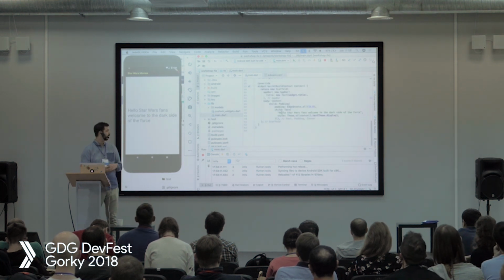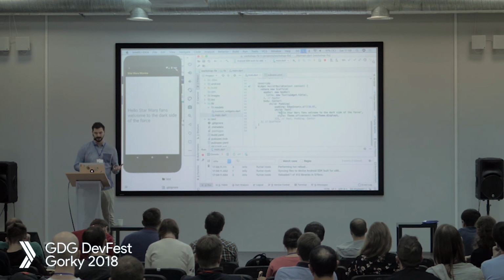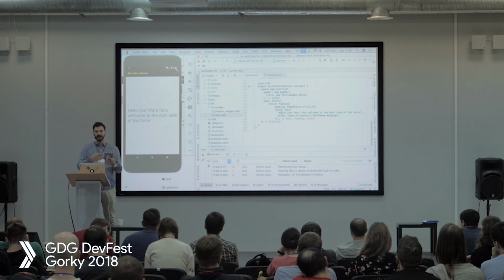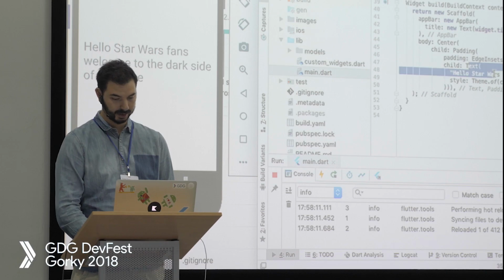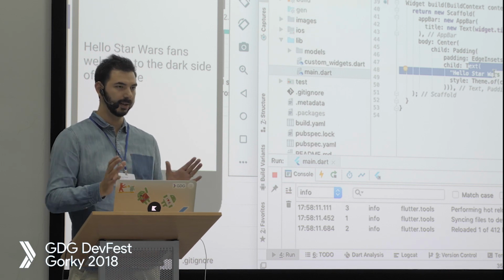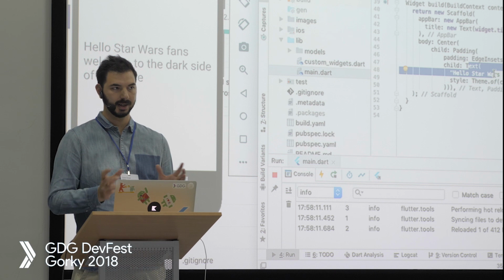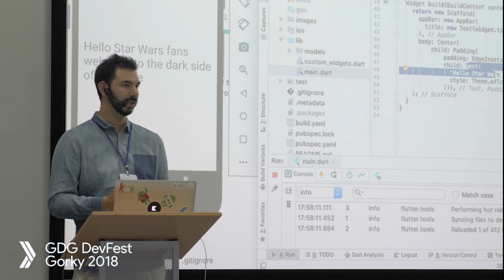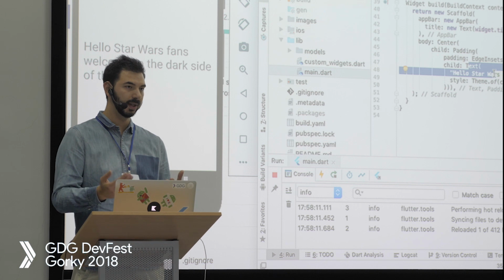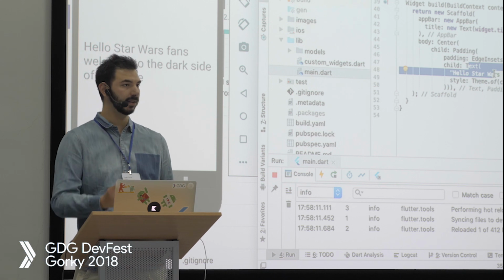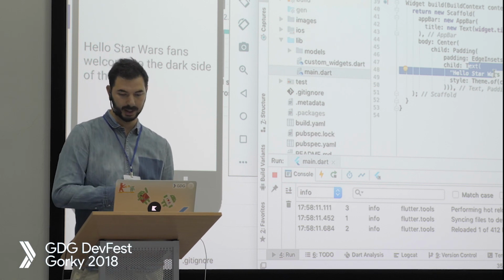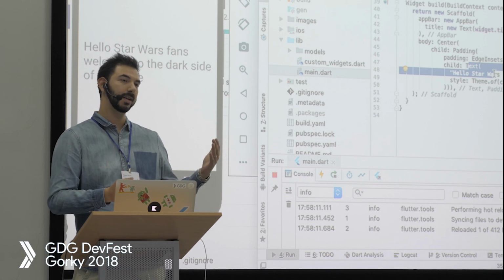So basically, as I mentioned, everything in Flutter is a widget. That means few components have a lot of attributes that you can set to change how they look. You have to nest them in other widgets. Like, for instance, this text view, its only concern is rendering the text. Maybe the styling of the text can change, the font, but that's its only job. If we want to position that somewhere else in the screen or center that in its parent, for instance, you would have to wrap the text widget in a center widget,